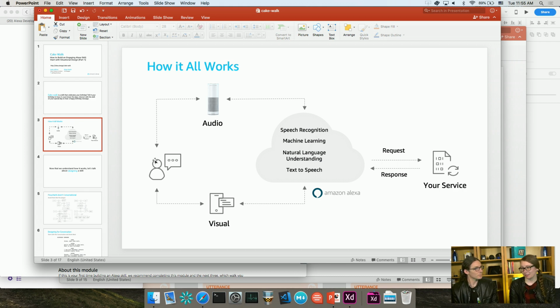Yeah, most of our customers still don't have a screen device, despite the fact that we have several on the market and probably more coming. We also have other devices from other manufacturers that may or may not have screens. You may or may not be able to target those, but you can always rely on the voice response being there. Right, and even if you do have a screen, there might be a case where, say, you're in the